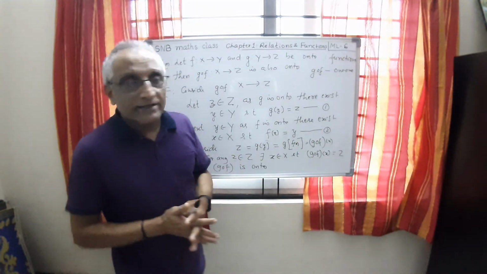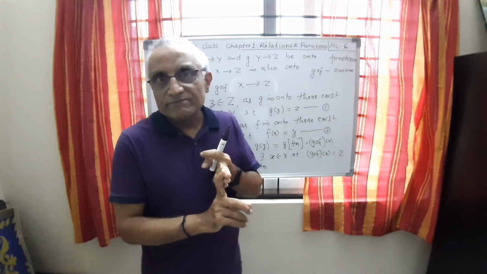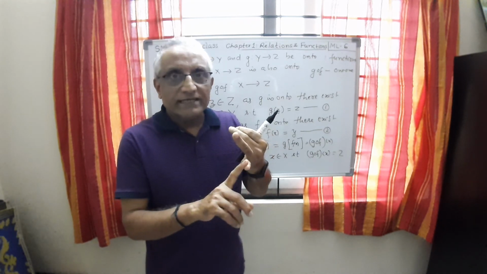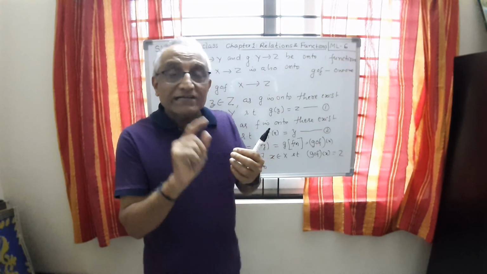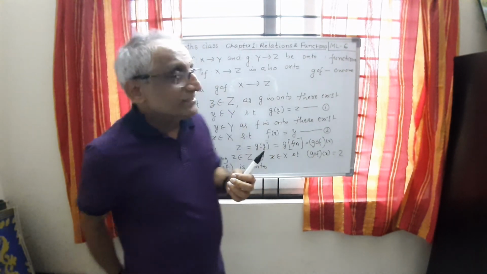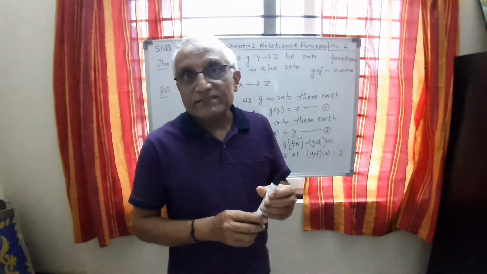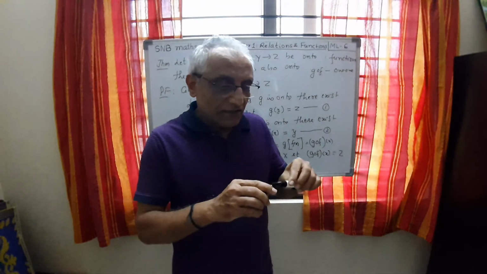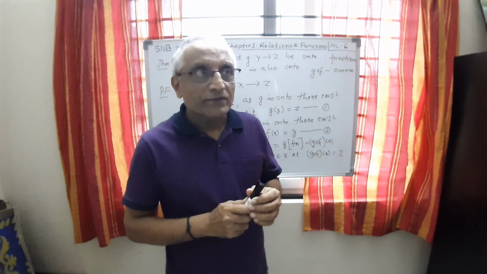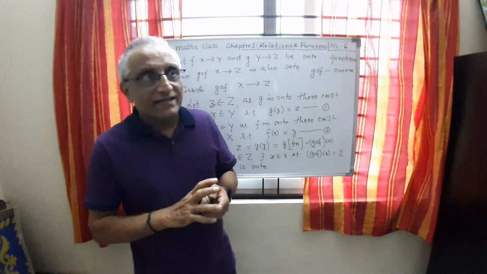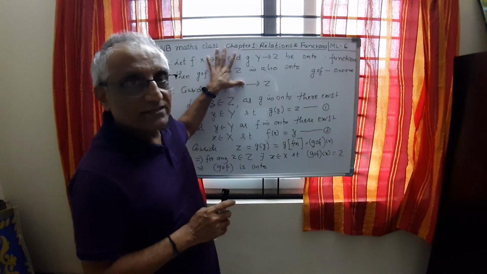Let me sum up today. What we have done is, taking three functions we can form a composite function. Then we have studied associative, then distributive properties. Then one more property is f of I is f. Then we studied three important theorems. Composite function of bijective functions is bijective. Composite function of 1-1 functions is 1-1. Composite function of onto functions is onto. So with this let me conclude. In the next session we shall study whether the converse of this theorem is true.